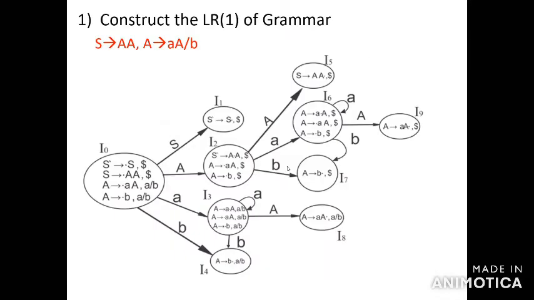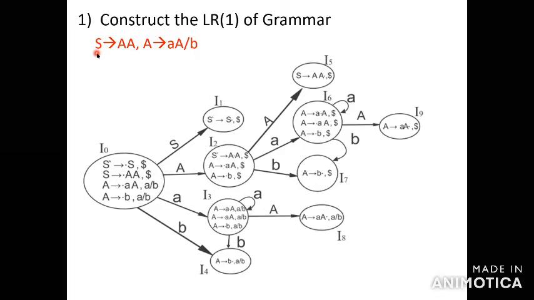Okay, next thing. This is for the given problems. So I will explain how to do the given problem in CLR parsing table construction. Here you have to check. I am creating this grammar. The grammar is S' tends to S, S tends to AA, A tends to small a capital A or B. Okay, so this is the grammar.